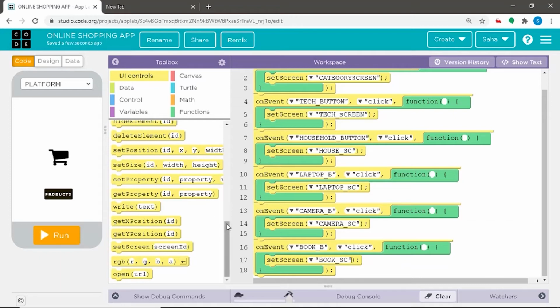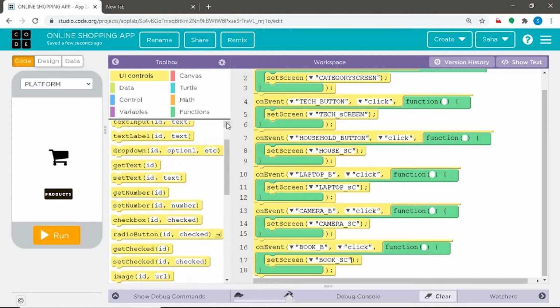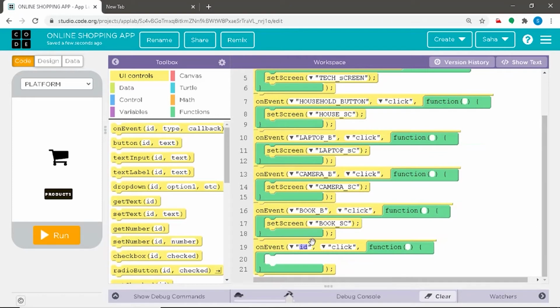For this again, which is a different event, we shall be dragging the on events button. Choosing our ID as the key button, which on clicking the key button, we should be redirected to the key screen.